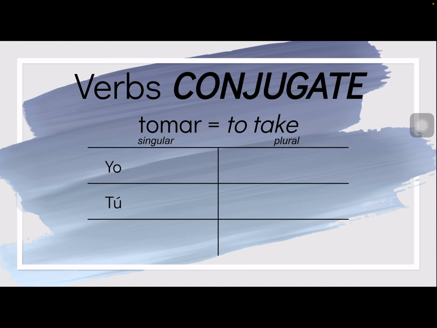Tú is the pronombre or pronoun for second person singular, segundo persona singular. Tercera persona singular, él, he, ella, she, o usted is you formal. We'll talk about it in a little bit, but it goes in the third person singular. So when we're saying usted, we are saying you, but it is a formal way of saying you.